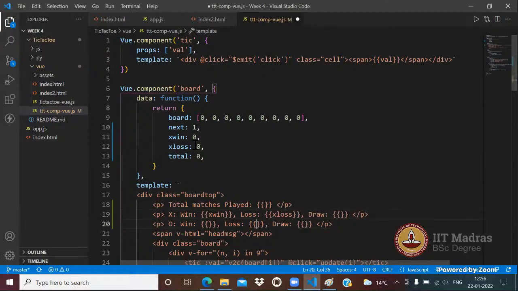Similarly, in the O loss, I can write the x win, because the number of wins registered by x will be equivalent to the number of losses registered by O. In the same way, the number of wins registered by O will be equivalent to the number of losses registered by x. And in order to compute the draw, what we can do is deduct